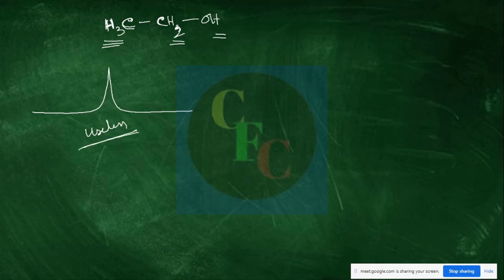So these protons, you have 6 protons. If all 6 protons resonate at the same frequency, then we will have only one signal, something like this. It is useless, isn't it? You will not get anything. Useful is when we get different signals of different heights and all that. And here something called chemical shift comes in.